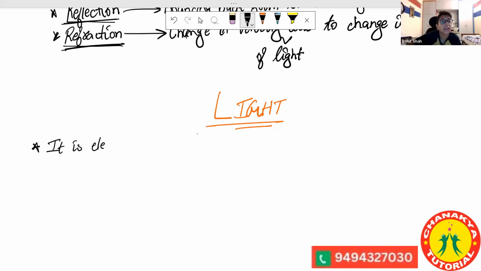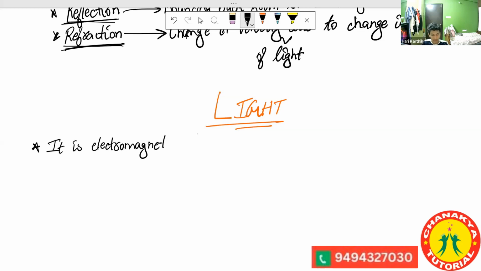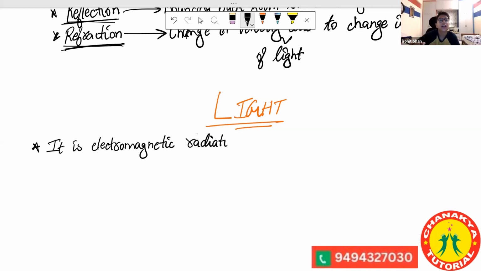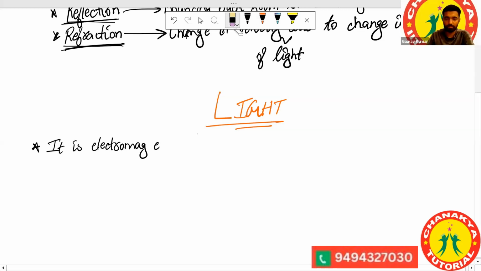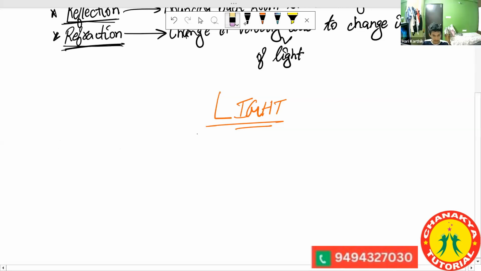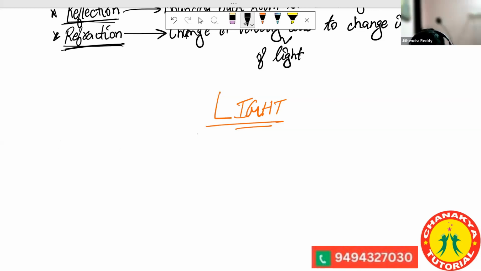Sir, it is a form of energy. There is a phenomenon in which the light gets reflected and falls on our eyes, hence we can see. Yes. It is a form of energy which produces sensation of vision. Good. So the basic definition of light is